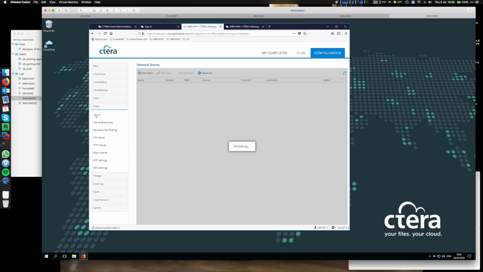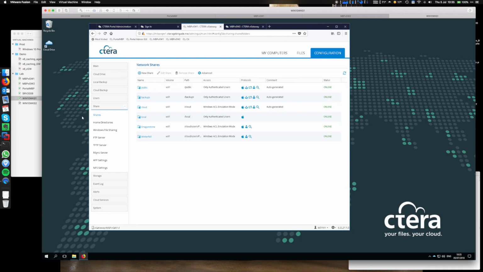Okay, so here in the shares we have several shares defined by default in the gateway, like the public share that can be enabled or disabled, the backups for the local backups, the cloud where all the users have their information in sync or cache from the cloud,